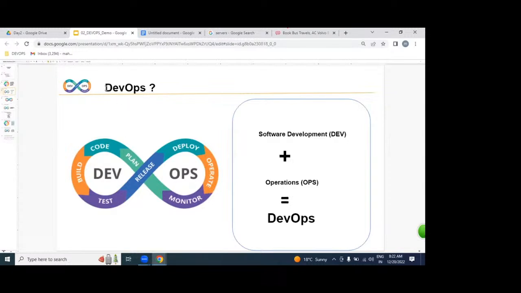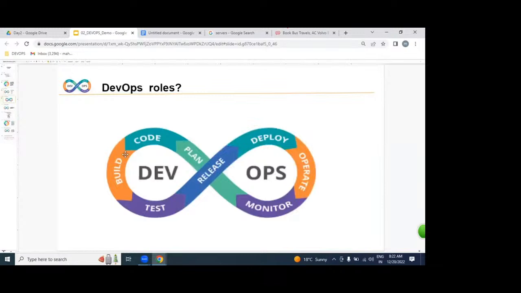What is it? DEV is nothing but what? Development. OPS is nothing but what? Operation. The combination of development plus operation we call DevOps. What do we understand from that? Our roles and responsibilities start from where? The dev environment. Ends where?